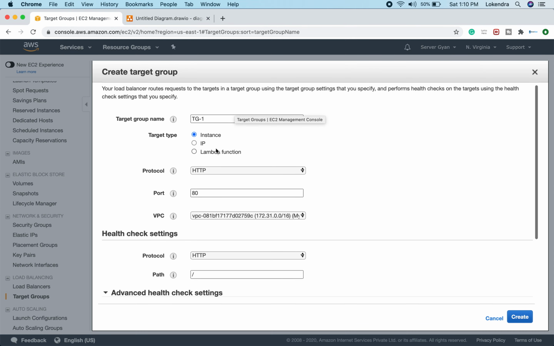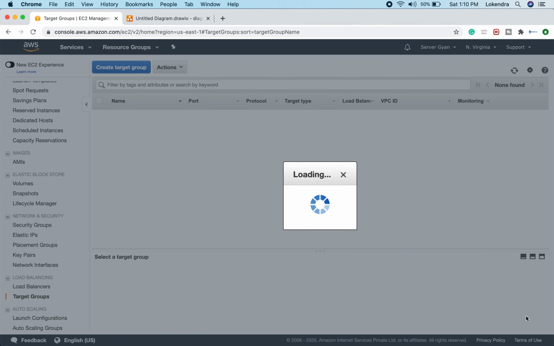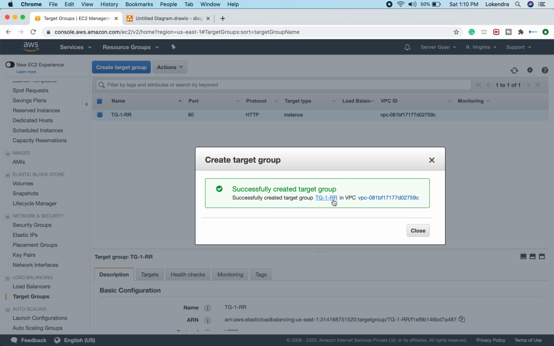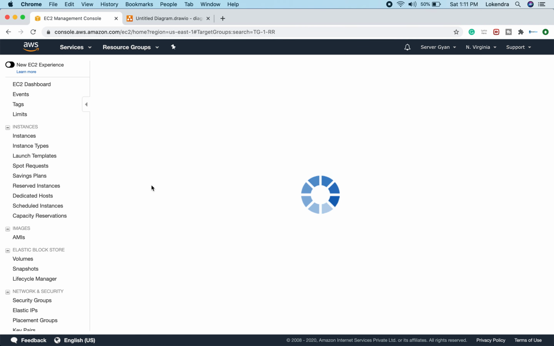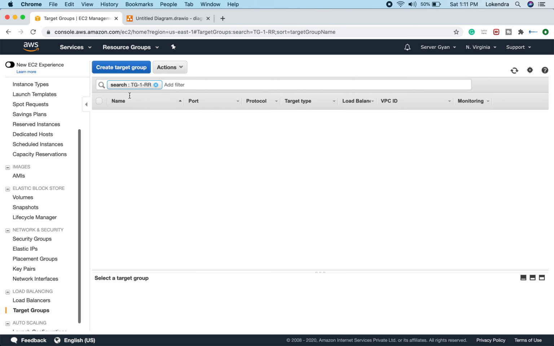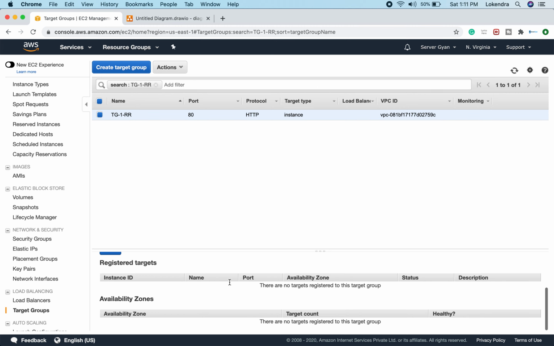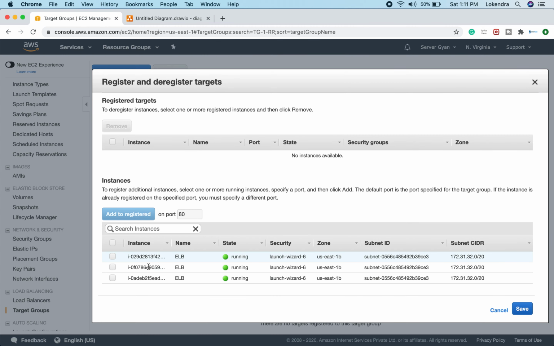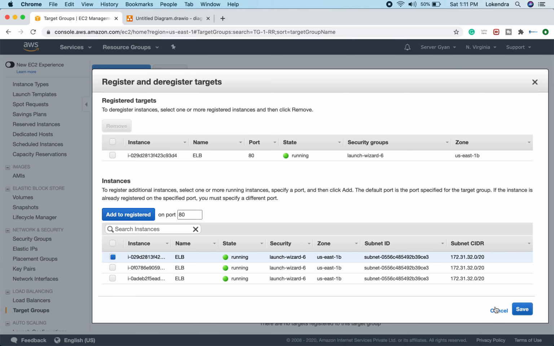We are going to name it TG1, and we can call it RR, for round robin. It means we are going to have RR with this. Then we will go ahead, and obviously we have created this target group, and let us select a server inside it. When we associate the server, at that moment we will get to know that the target group is associated and has one server within it. And after that, let us see the target. So the target group is associated here. The very first server I have registered here.